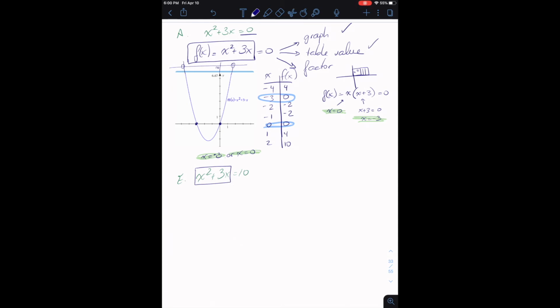So it's not trivial to be able to do that. If you had a graph or a table of values, you certainly could solve that by examination. But the factor method is not going to work, because if you factor it the same way that you did before, there's no way to really figure out what the value of x is. It's just by trial and error. I mean, you could say, what multiplies to 10? 2 and 5. All right, so maybe if x is 2,